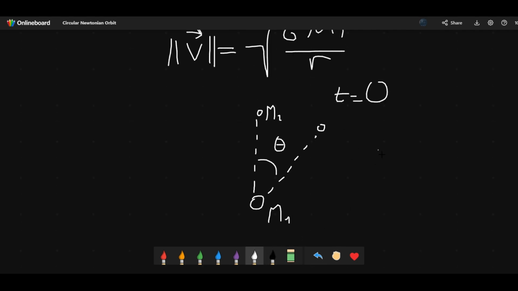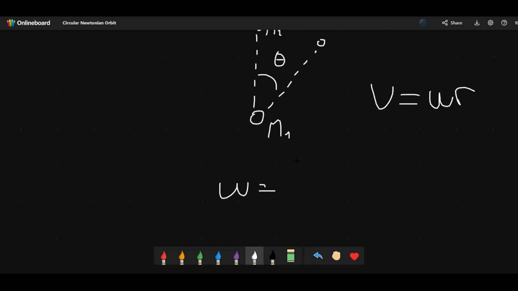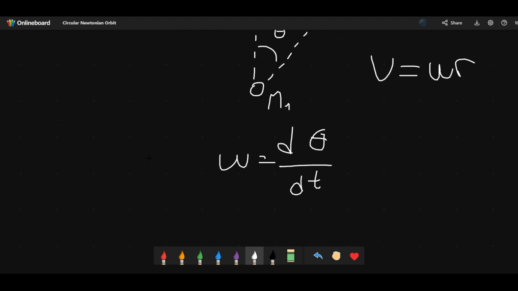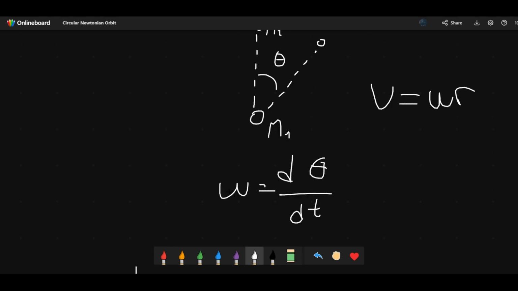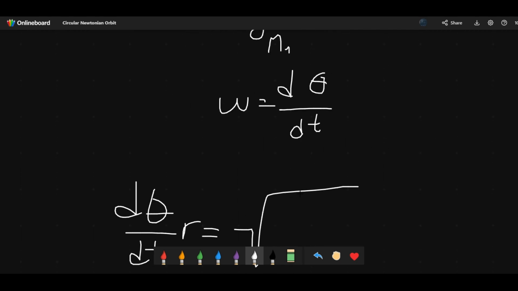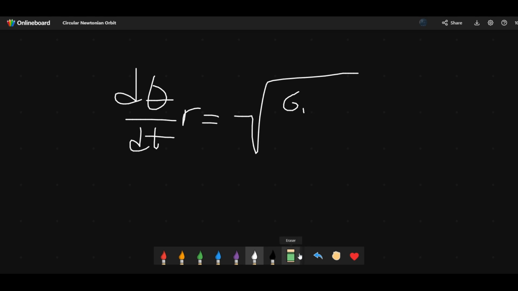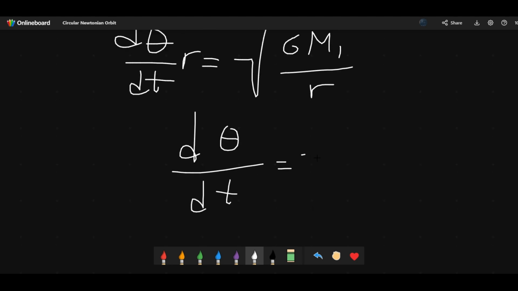So we can rewrite v, the velocity, as omega r, where omega is the angular velocity. And the angular velocity is the rate of change of the angle, or the derivative of theta with respect to time. So we can use this equation right here and say that d theta over dt multiplied by r equals the square root of G m1 over r. We can bring the r to the other side, like so,